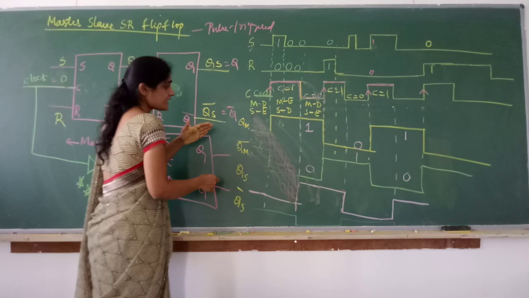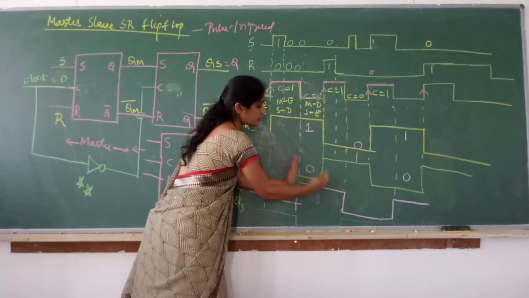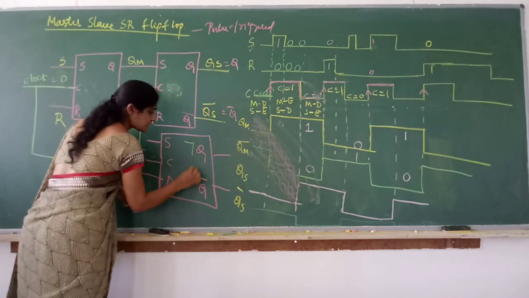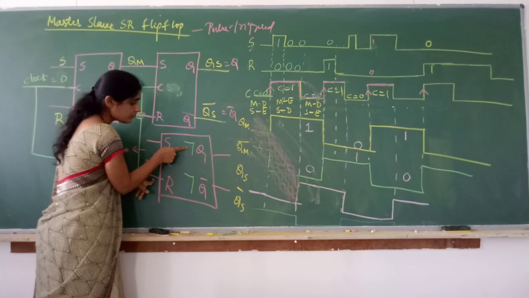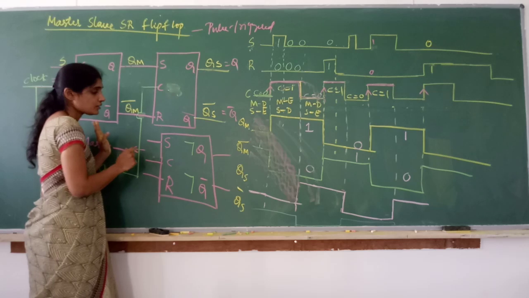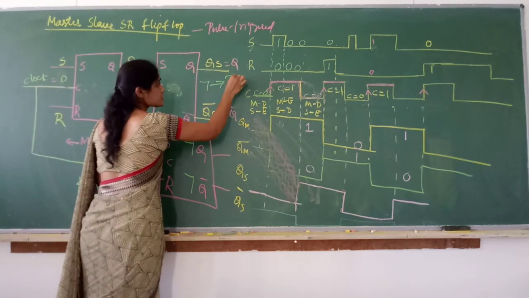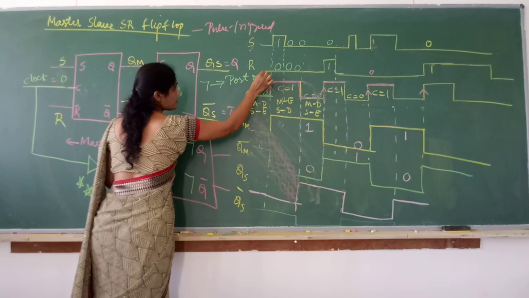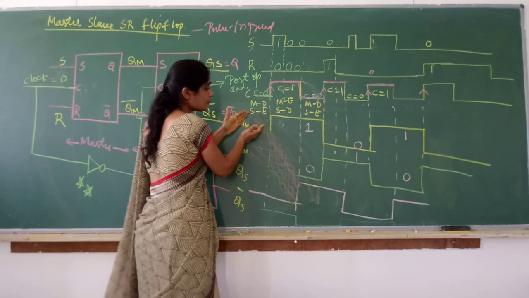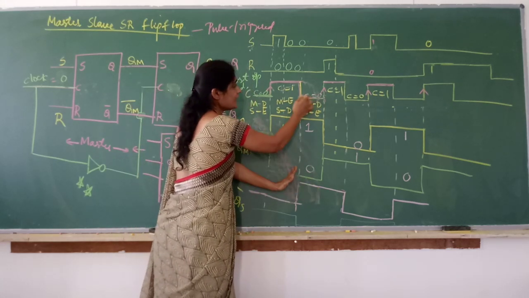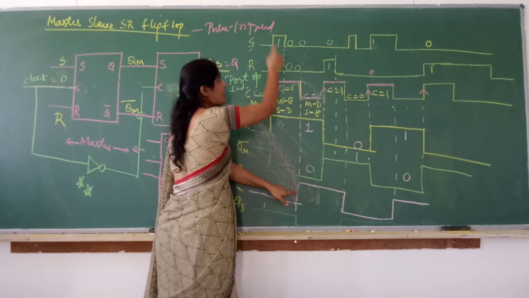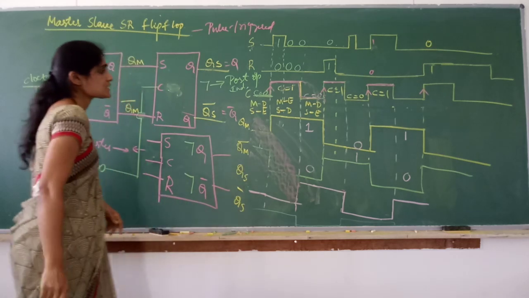But since, as I said, the output is postponed to the end of the pulse in the master slave flip-flop, we write like this. This is very important. In your logic diagram, if you are writing like this, it is master slave. It is clear that it is master slave SR flip-flop. So this indicates the postponed output indicator. That means in master slave flip-flop, output of master will be postponed to the end of the clock pulse. So at the end of the pulse, we get the output for the change in SR. That is what your master slave flip-flop is.